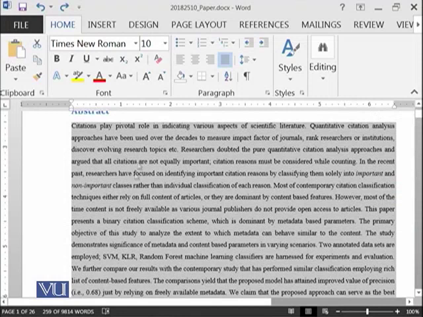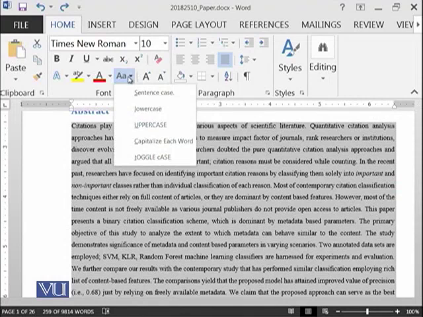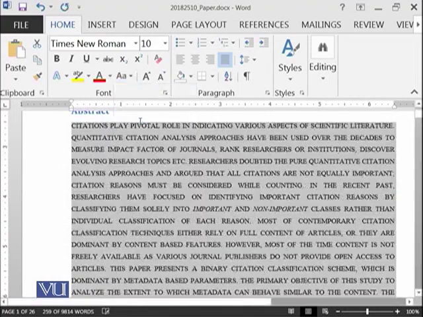You can select that paragraph and you can go over here and you can say uppercase. This means all of the paragraph will instantly shift to uppercase. All of the letters, alphabets have been changed to capital alphabets.